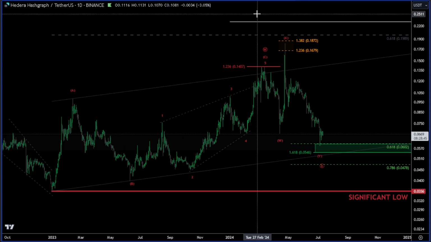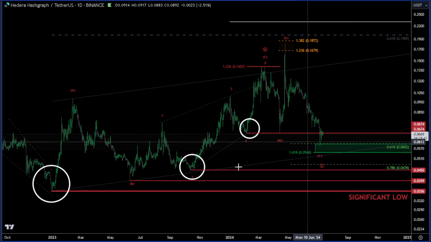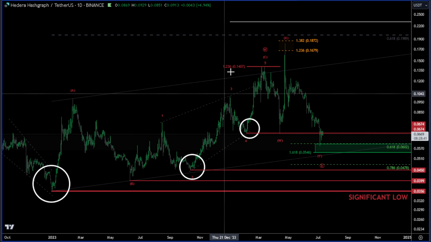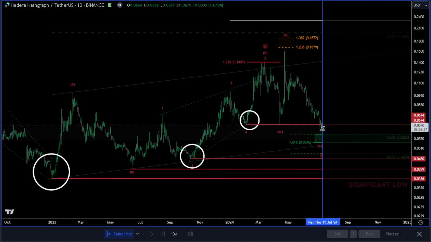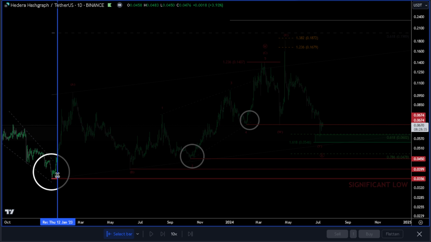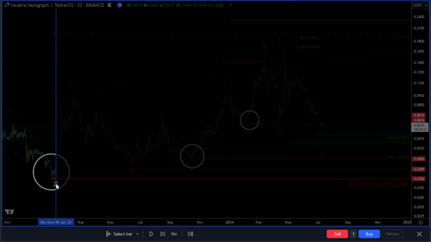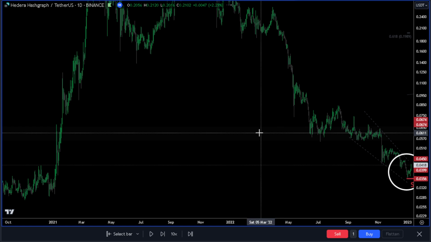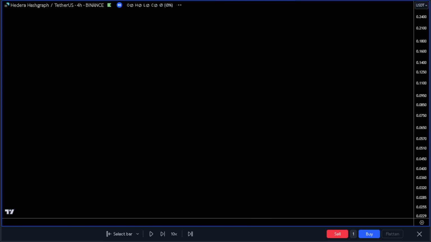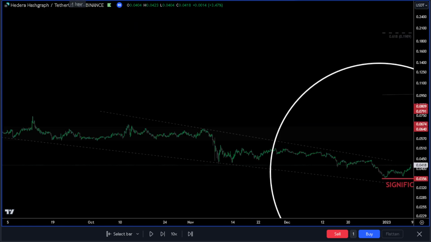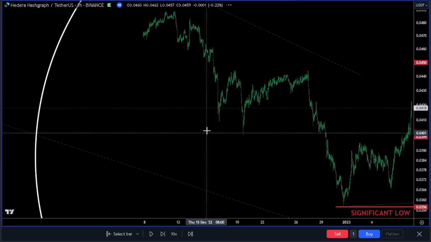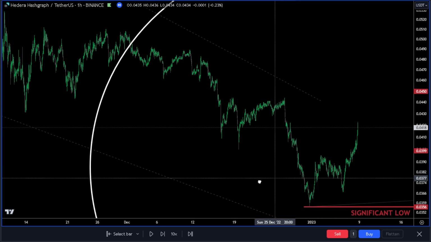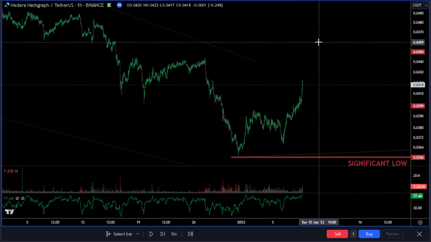Okay, so I'm going to show you the potential bottoms from the past, and I'm going to use the replay function. We'll go down to the 1 hour and the 15-minute and see how they formed. So down on the 1 hour,